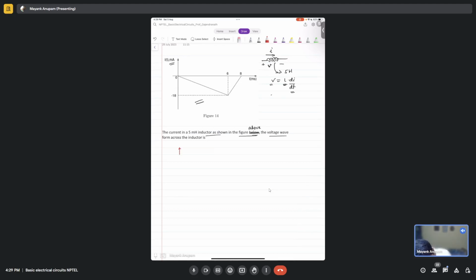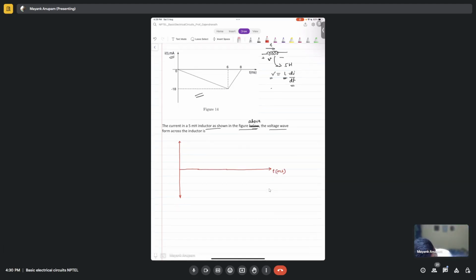Triangle waveform. What do you say? Triangular waveform you are saying. Yes, sir, I said triangle. Why are you saying it should be a triangular waveform? Because the voltage here